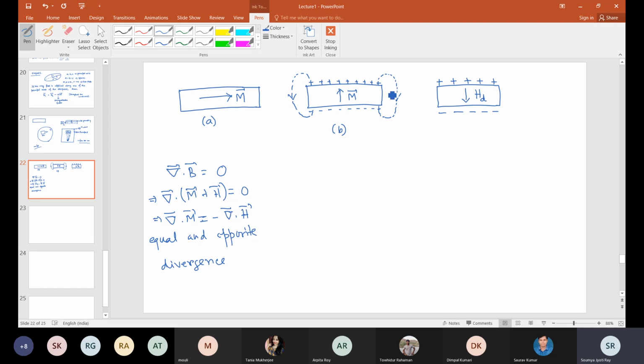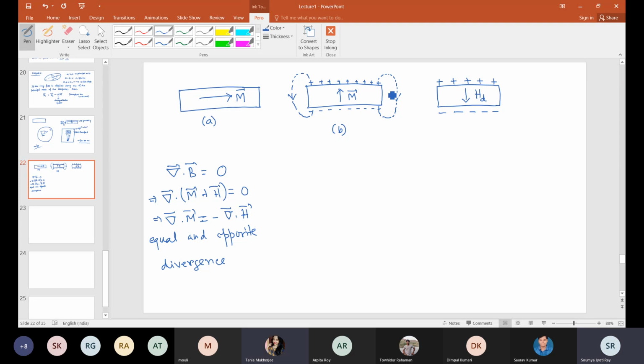What do we mean by monopoles don't exist? It means that separately one of these will have a finite divergence, which means that if something is coming out, that will never come back. So that is violating the conservation principle.